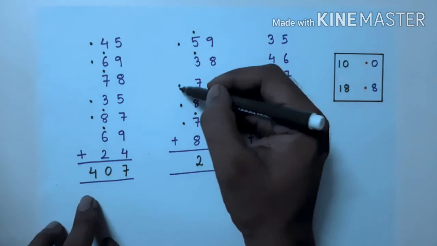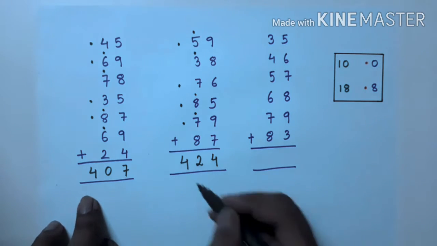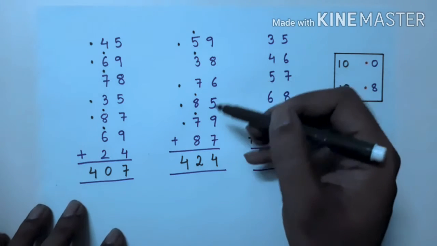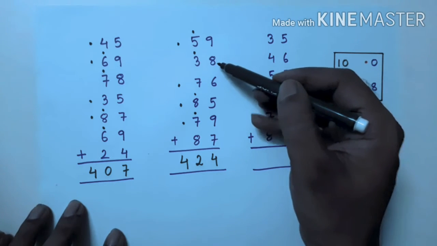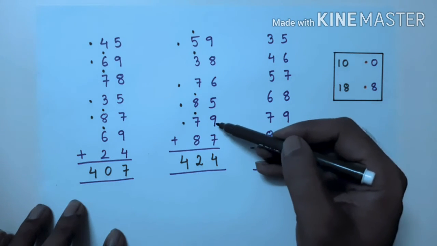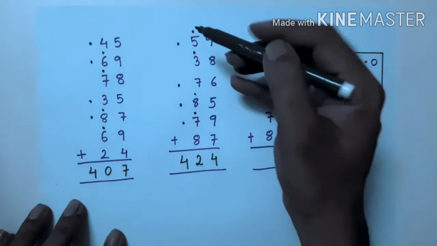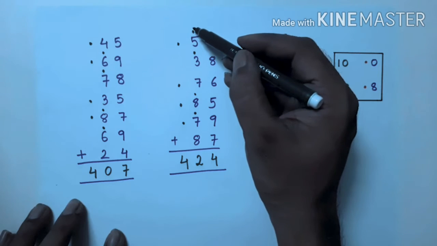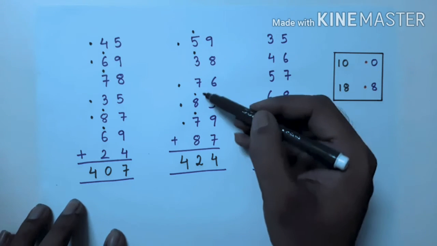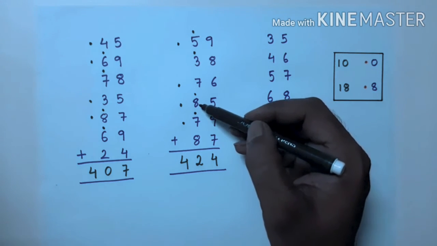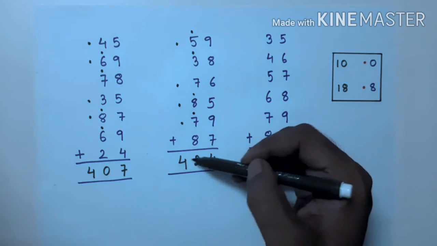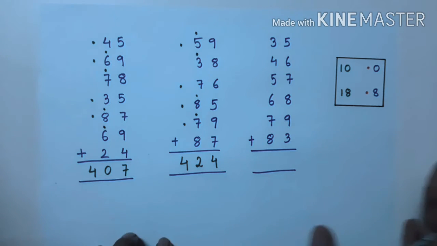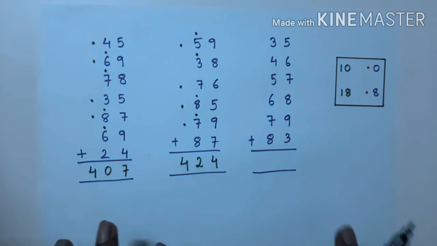Next, 1, 2, 3, 4 dots. So it becomes 424. So we can check the answer also here. So as we do 9 plus 8, 17, 17, 6, 23, 28, 37, 44. 4, 4. 44, write 4 down, 4 to the carried one. So 4 plus 5, 9, 3, 12, 19, 27, 34, 42, 2, 4. So it is correct. So it becomes easy if you remember only those 25 combinations.